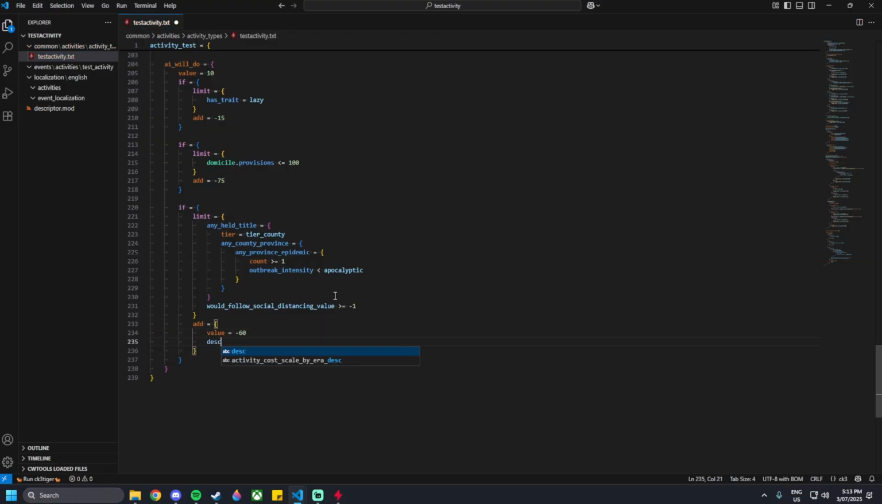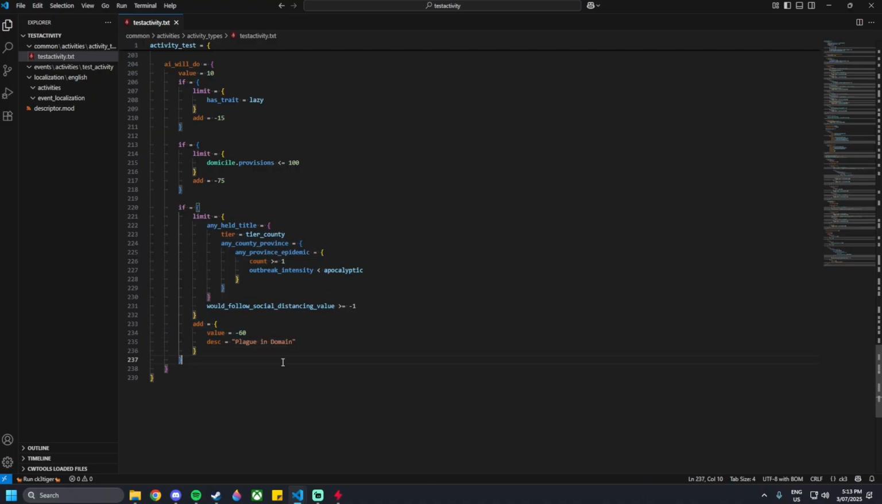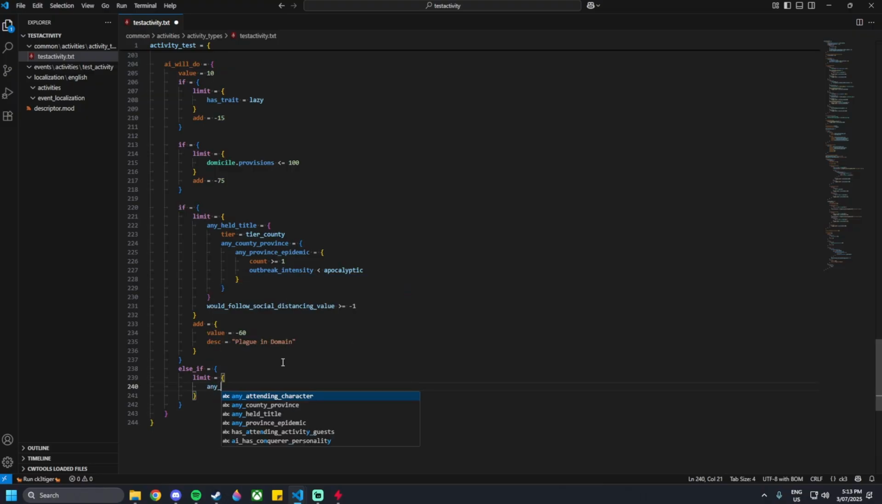And then put a description in here. We do not need to put this in localization. We'll just type it out here. So plague in domain. So if there is a plague in your domain, it will be a lot less likely for AI to host this. And then outside of this if statement, we're going to go with an else if. So else_if equals curly brackets, then limit equals curly brackets, any_realm_county equals curly brackets,